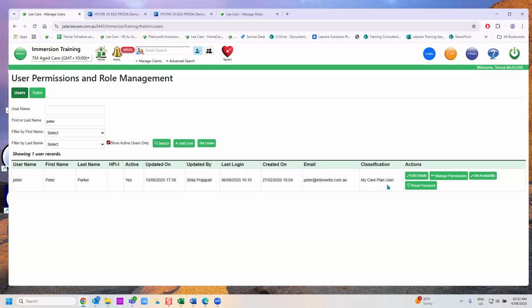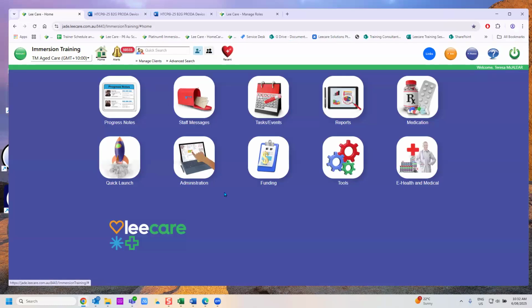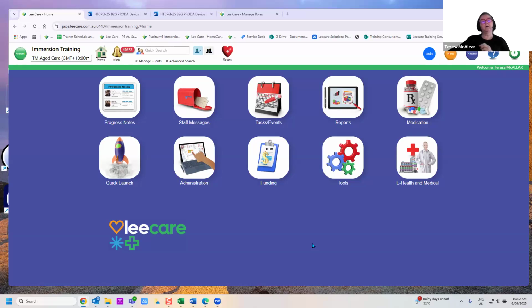Fantastic. And then I noticed that in the mobile app there was a My Care review signature. That was allowing for if you needed to gain a signature to say that you've done something for a particular resident, or that you were getting consent for something. I noticed a spot in the mobile app to capture the signature. Exactly. So if we're looking at the full program,